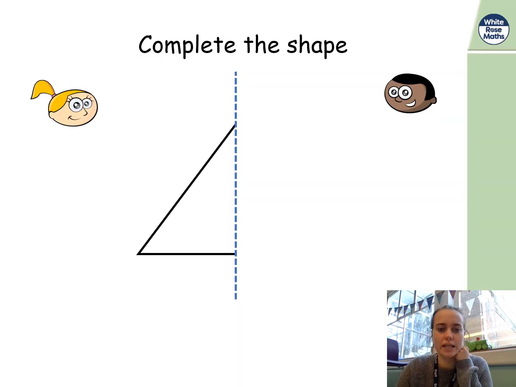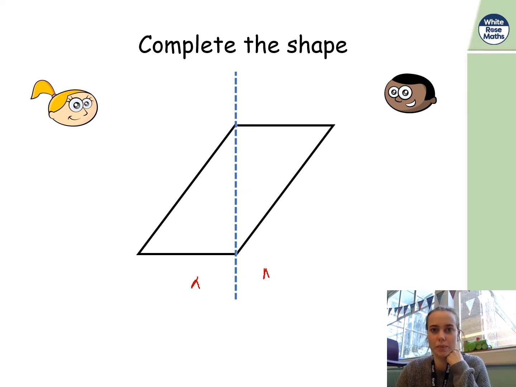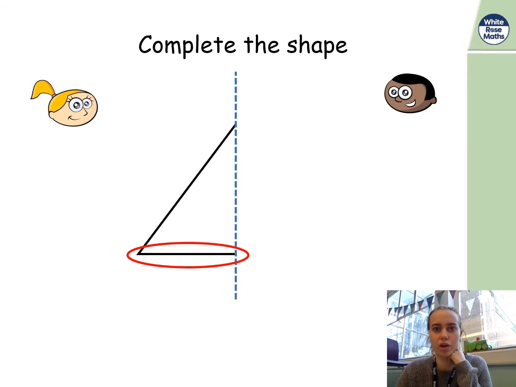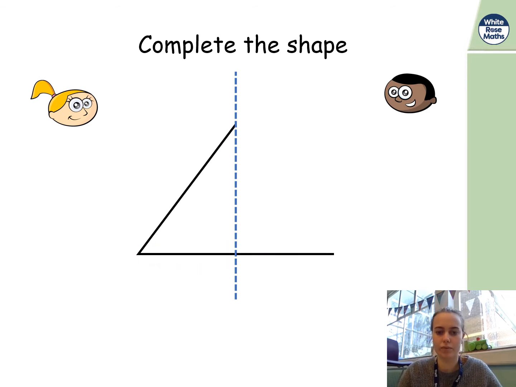So let's complete this shape. Let's see what the children do. Now, hopefully you recognise that the two sides look different. So that is not a symmetrical shape. So we're going to follow along that line. So remember, it needs to look the same if we've flipped over,